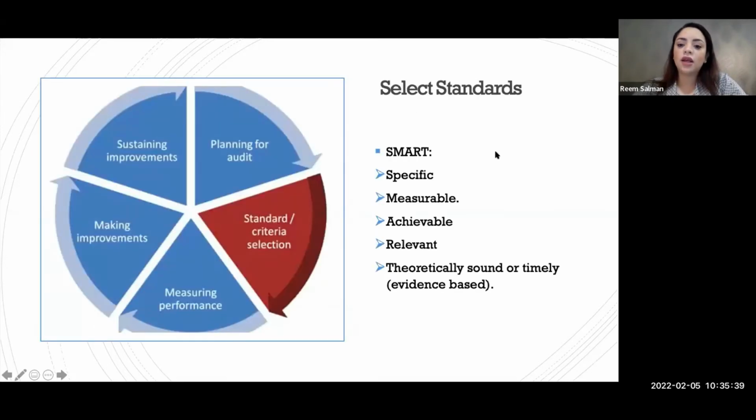Okay. We selected the topic, we've put the aims and objectives, and they're very specific. Now we have to put the standards, okay? Now, we speak a lot about standards and guidelines, okay? And some people do not know the difference, and they are just interchangeable words, and they do not know that they are different when we are talking audits.